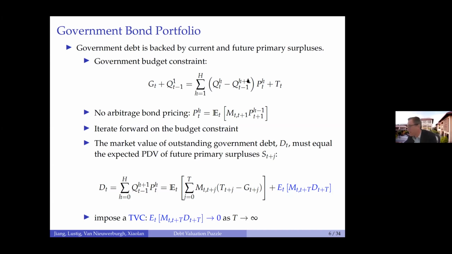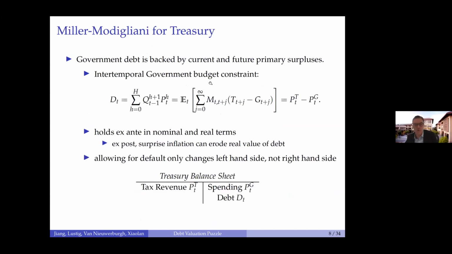Okay, so now we're ready to actually go forward and use this equation. You can think about it as the government's intertemporal budget constraint, or you could think about it as just a valuation equation for the government's portfolio of outstanding securities, okay? You could think about it both ways. It has to hold ex ante in nominal and real terms. You're probably thinking, wait a minute, surprise inflation can help the government. That's true ex post. But ex ante, this equation is what it is, and surprise inflation doesn't really change any